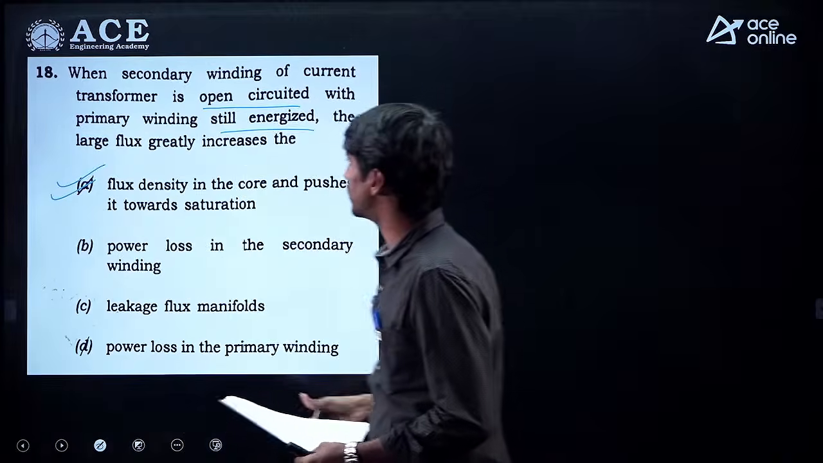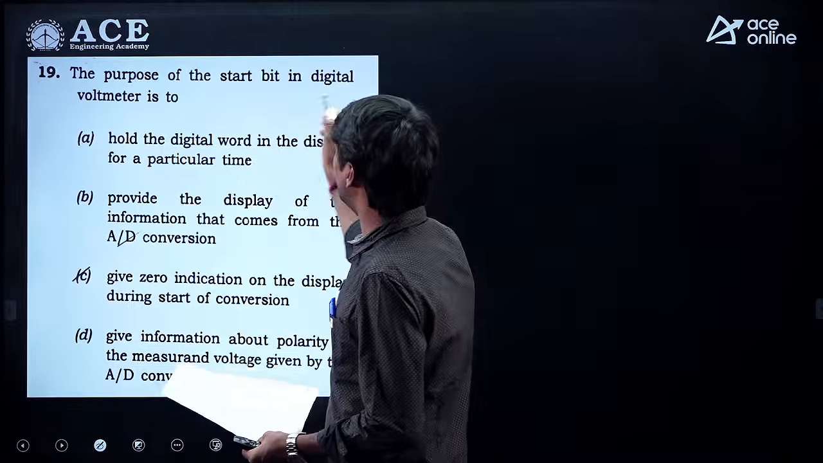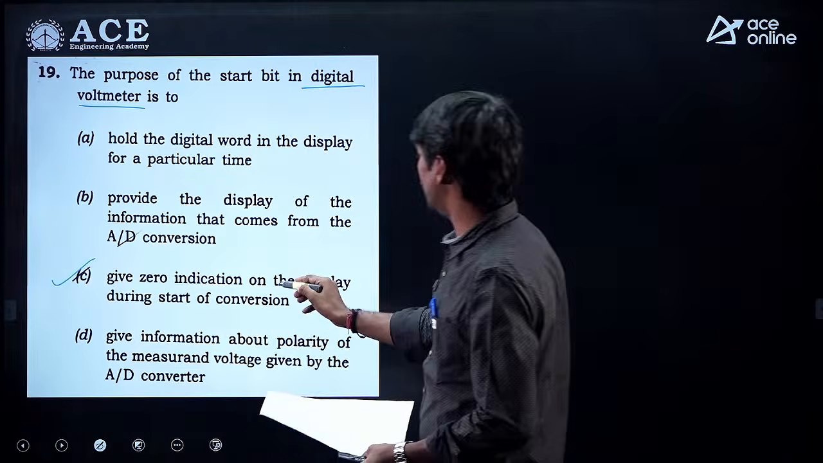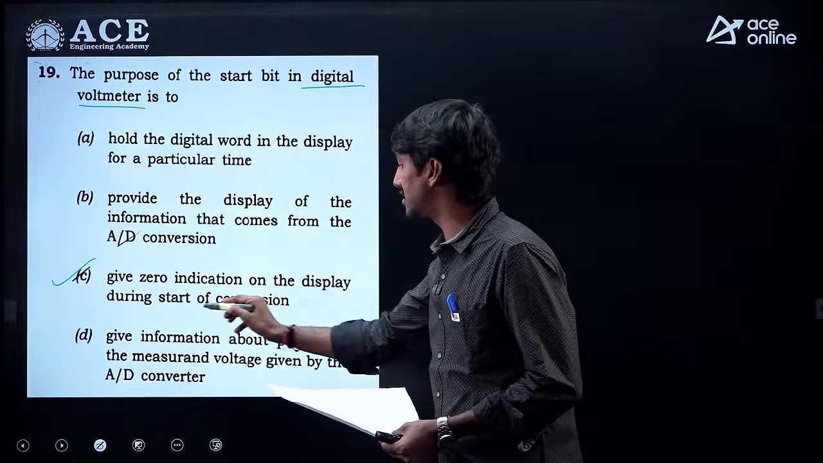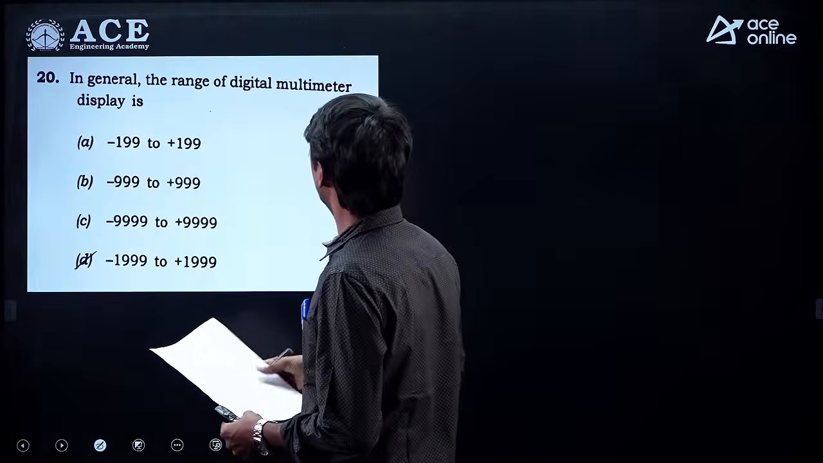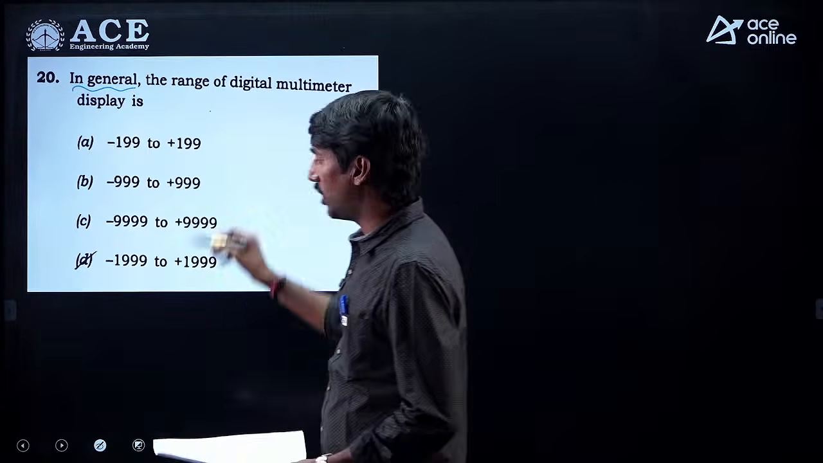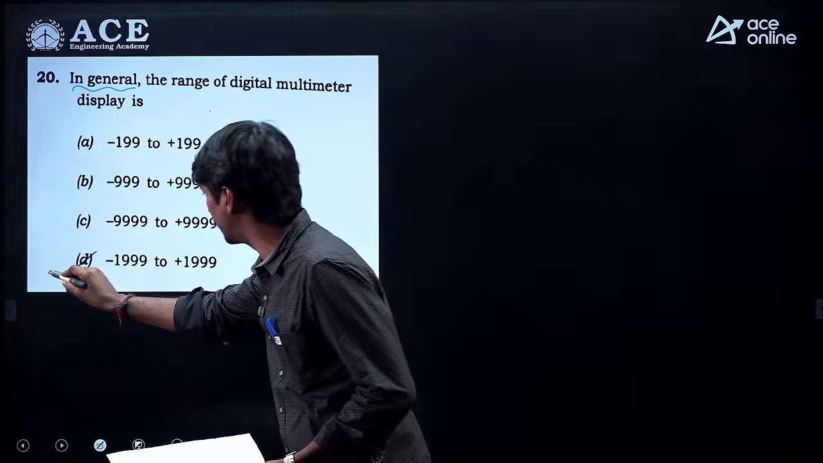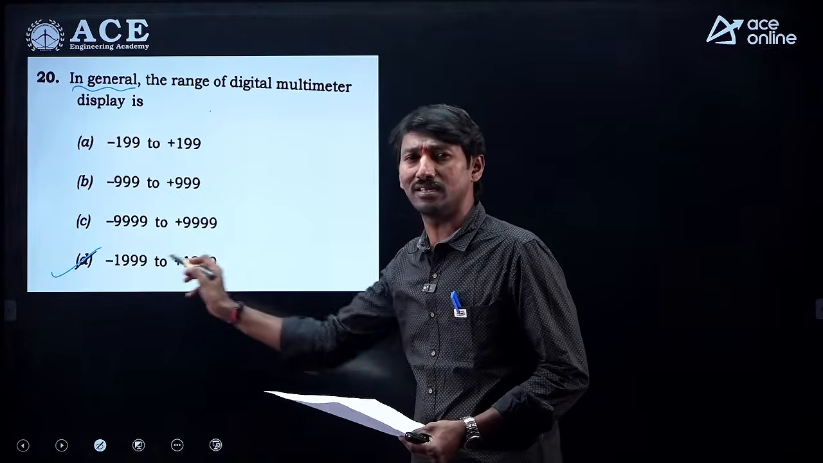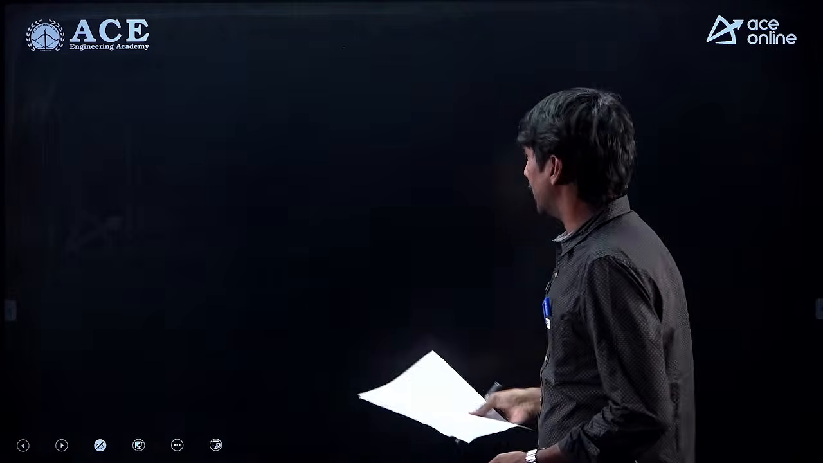Yes, first option. Next one, the purpose of start bit in digital voltmeter is to, this is a direct question, give zero indication on the display during start of conversion. Next one, in general the range of multimeter, he has given that in general, so among the given options we can take minus 1999 to plus 1999, this is a general range in the corresponding digital multimeter. Next one is